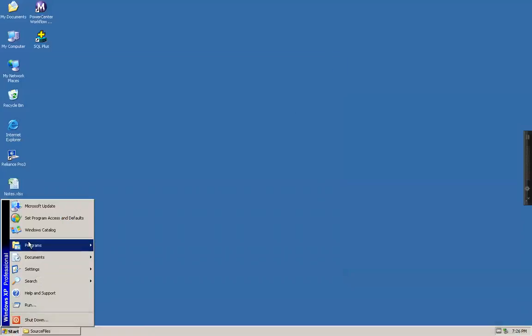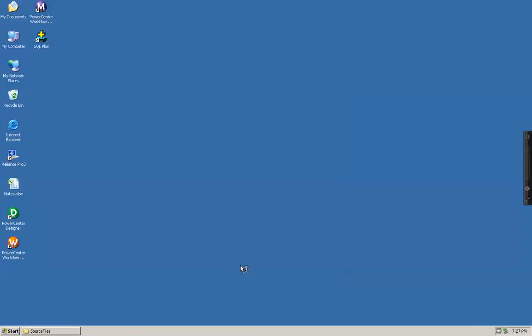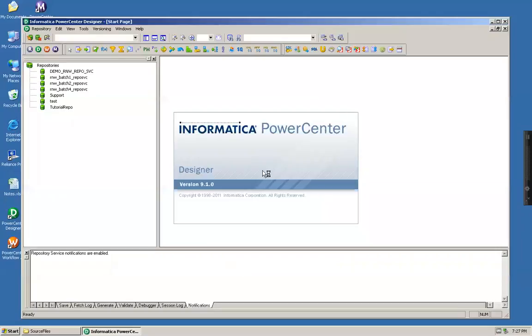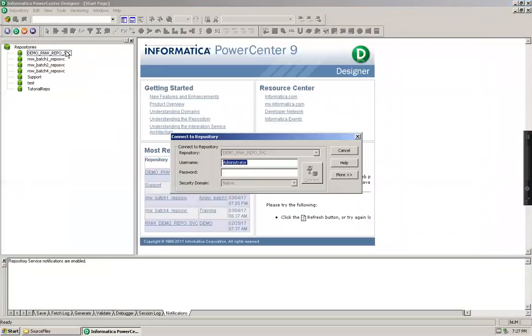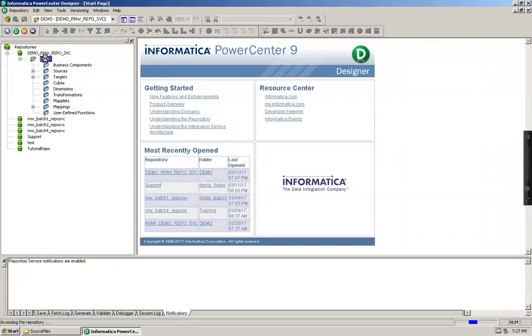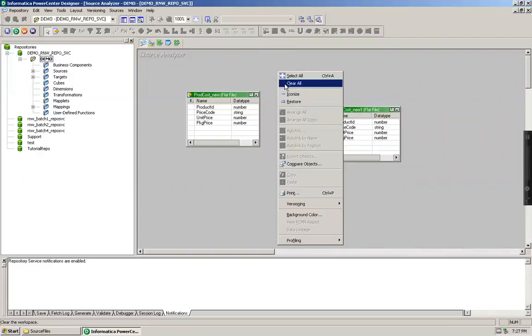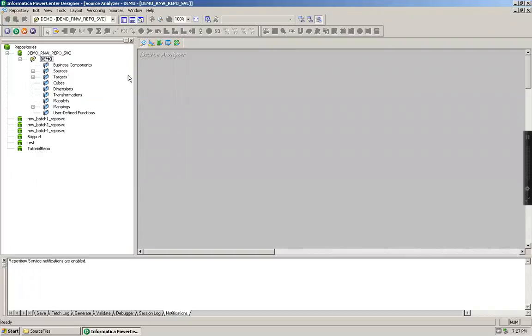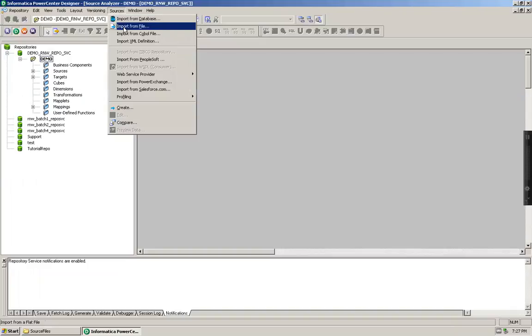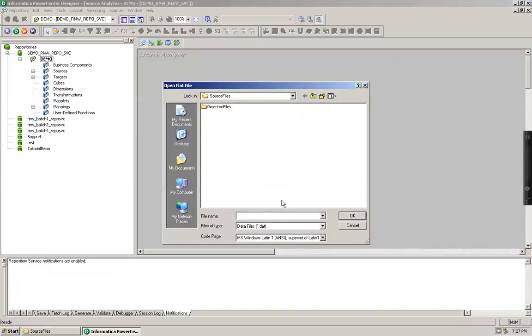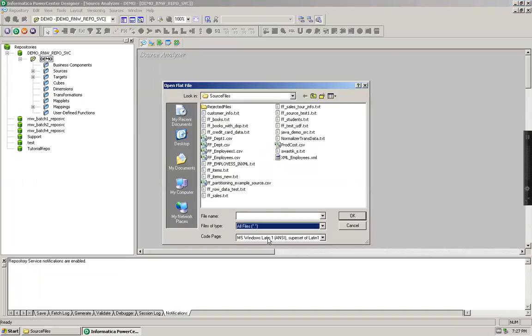Let me open the Informatica client. I'm going into my new repository which I have created for my demo. Let me clear the source analyzer. Since I have already created the source as a flat file, I'm going to import it as a file.